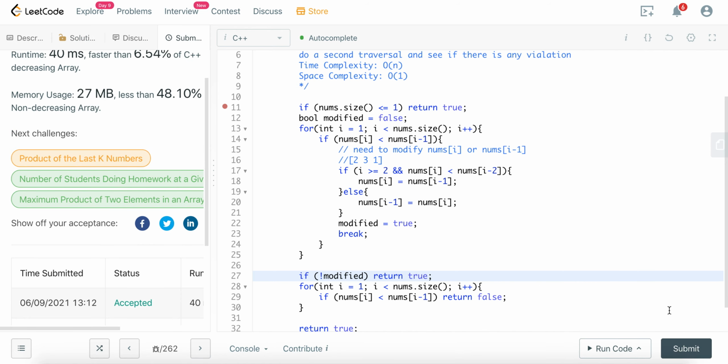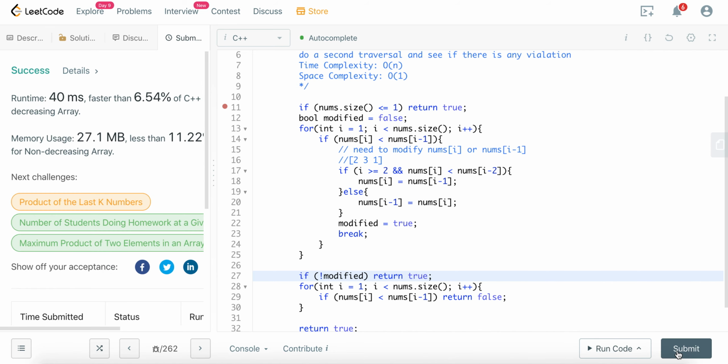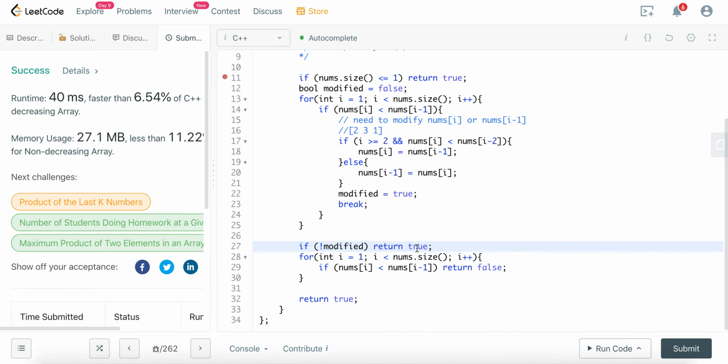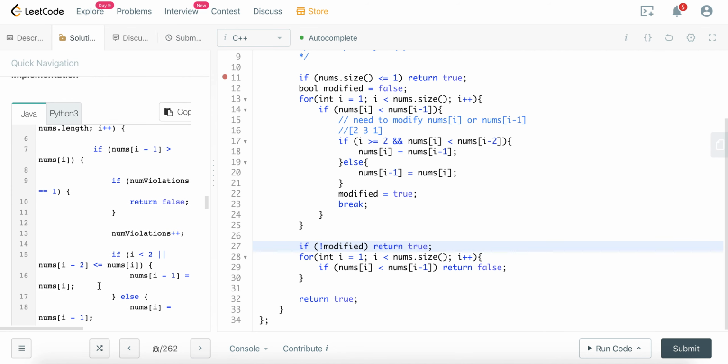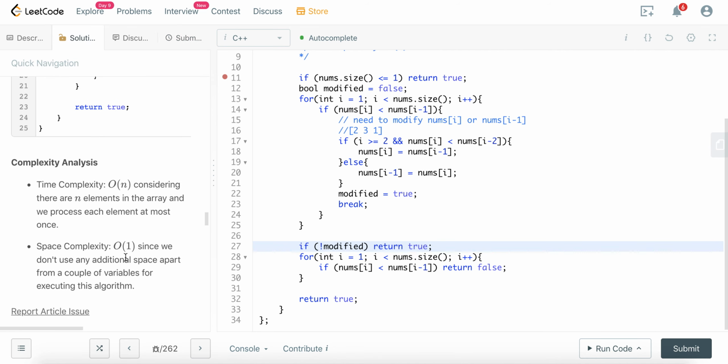Not really. Anyways, yeah. Okay, it's probably due to the test cases, but either way,